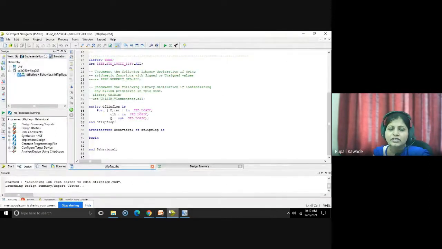If it is sequential statements we have to write, then we always need to write a process statement. Process in brackets, we mention the sensitivity list. It means that when there is a change in the signal, the process starts its execution. The highest priority is for our clock signal. If the clock changes, then and only then should your process start execution.